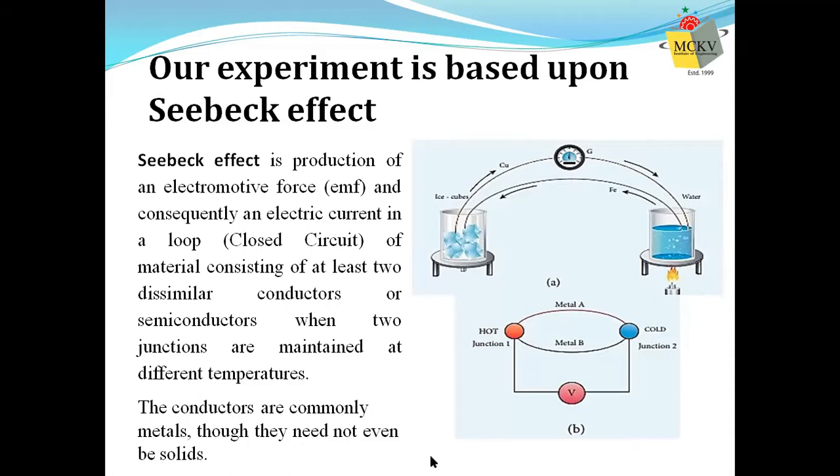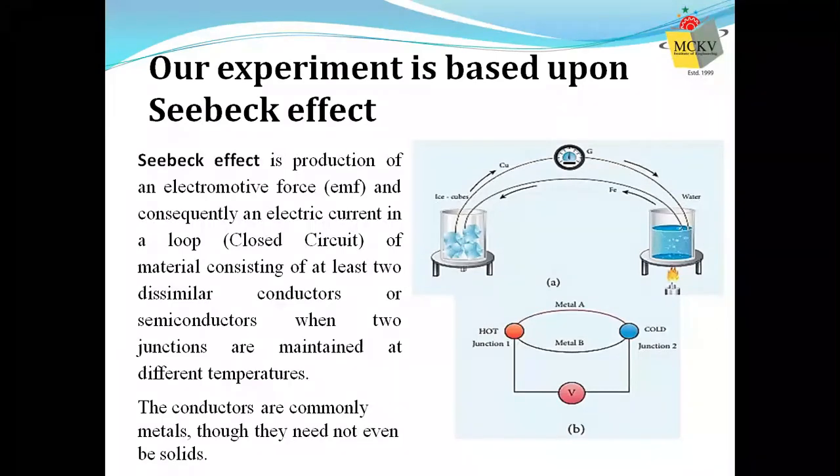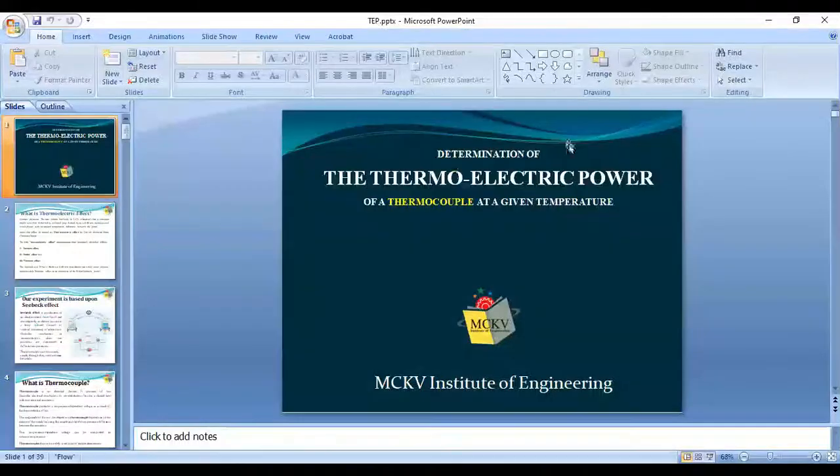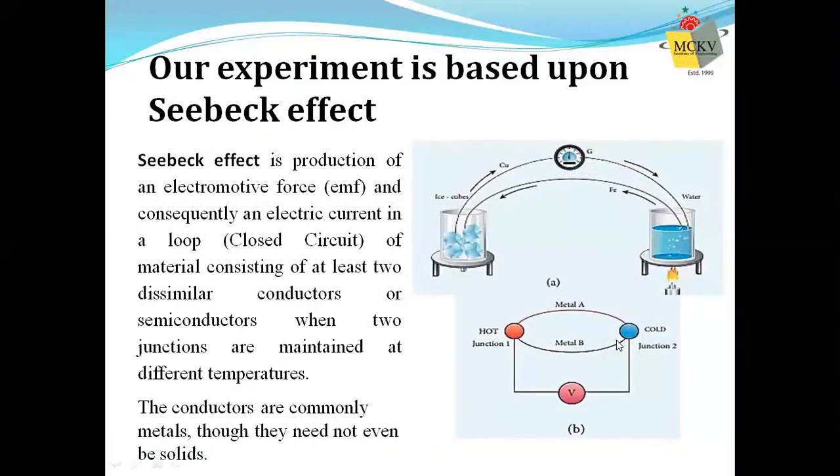So, this is a diagram drawn. You can see. First of all, understand what a thermocouple is. The name suggests thermocouple. It's a couple. That means it is made up of two metals, different metals, not similar metals. Similar metals cannot form a thermocouple. I'll explain in a moment why similar metals cannot form a thermocouple. So you need to have two dissimilar metals.